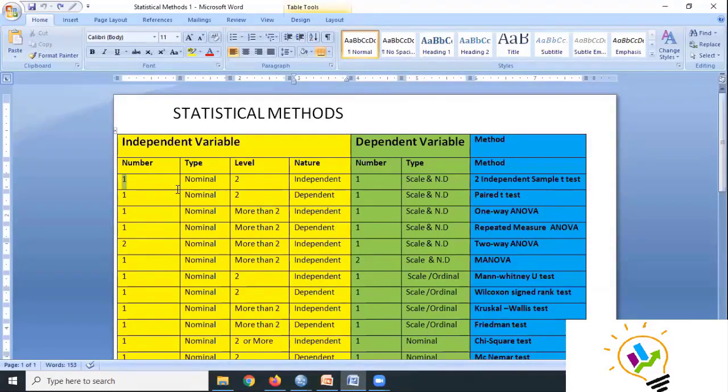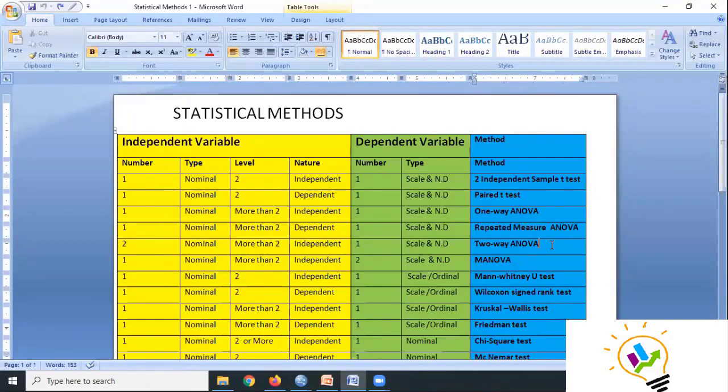Till here, madam, all these cases have only one independent variable and one dependent variable, right? But if we have 2 independent variables and only one dependent variable, then we must use two-way ANOVA. Is it okay?